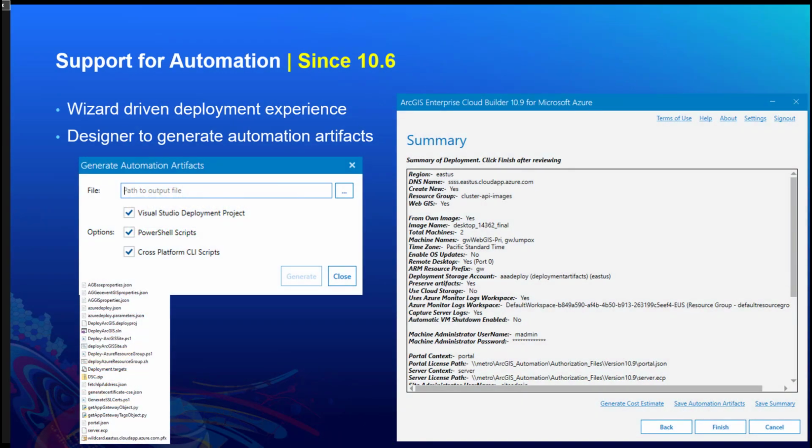So we've supported automation since the 10.6 release. As I mentioned before, ArcGIS Cloud Builder is a wizard-driven deployment experience. Another way to look at it is it's also a designer to generate these automation artifacts. On the final page of ArcGIS Enterprise Cloud Builder, you will see a Save Automation Artifacts button towards the lower right. Clicking it will generate a dialog where you can save these automation artifacts to a local disk or a network share. And you can choose these different options